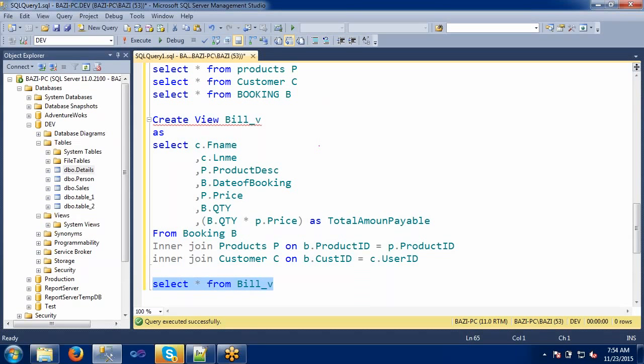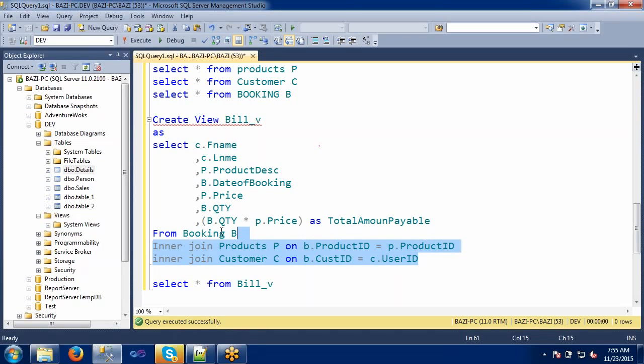It won't store any physical data in the view. We cannot store any data in the view. As of now, we can store, but we have some different techniques to do that. As of now, a basic view doesn't contain any data. Whenever we execute this view, it will get the data from the different tables, because we have joined the different tables. We can create the view using a single table also. It's not compulsory to have multiple tables. We can create the view on a single table also. I will show you the different views after this.